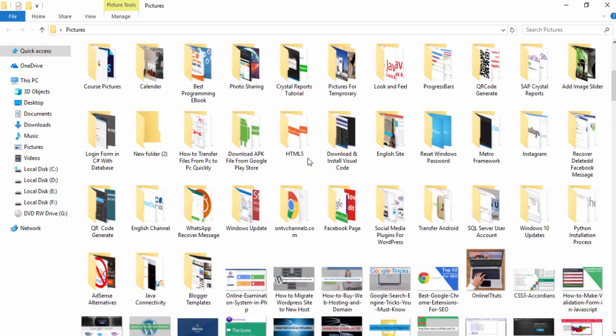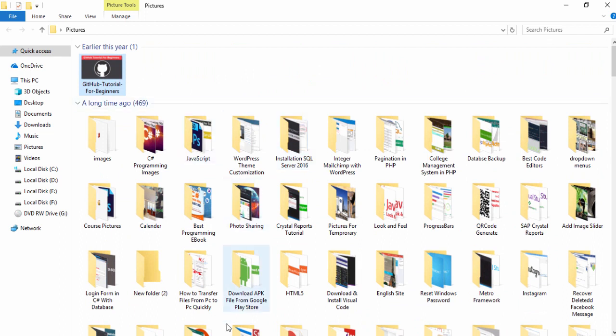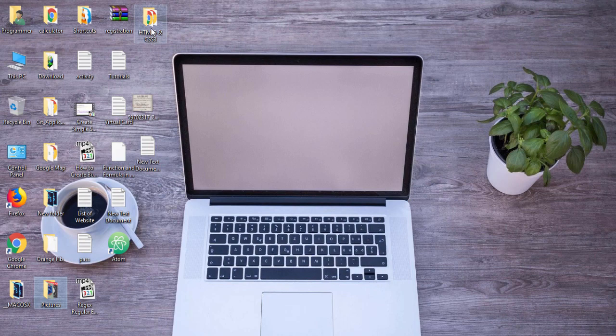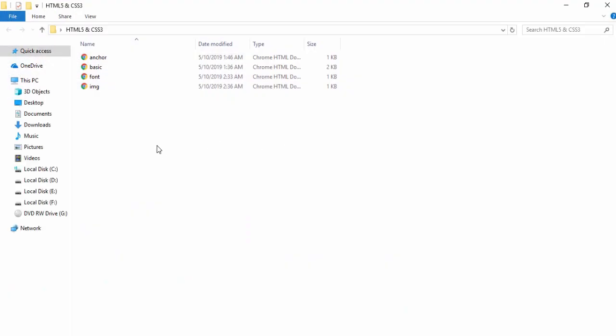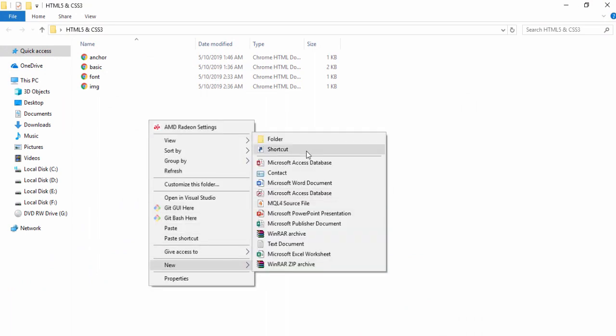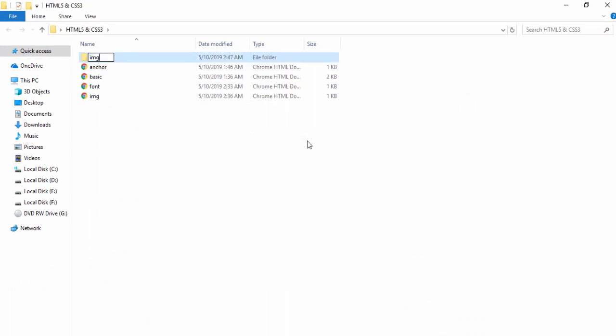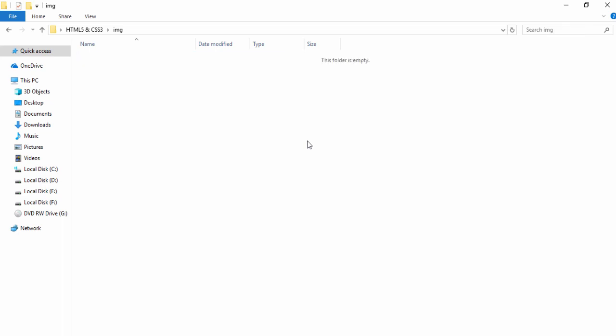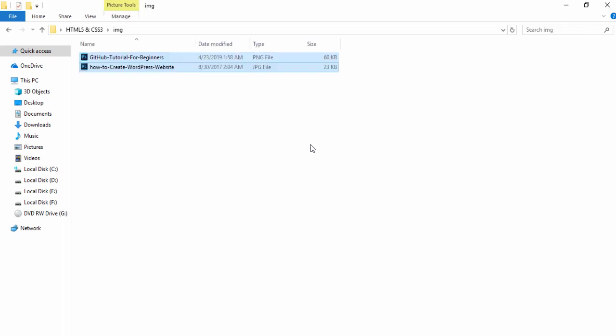Okay, I have copied two files and I'm gonna go to my desktop folder, HTML and CSS. Inside this folder I'm gonna create a folder and write the folder name img. Inside the folder I paste the files and I change the file names, right,